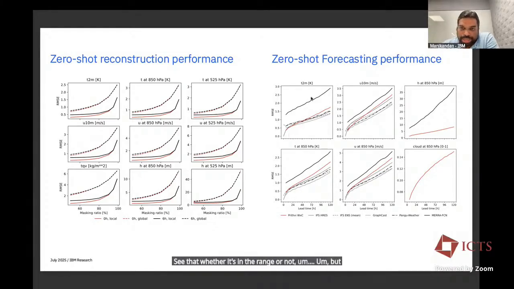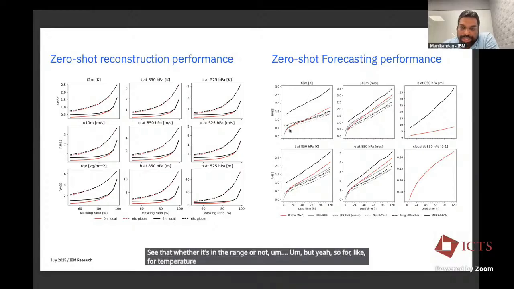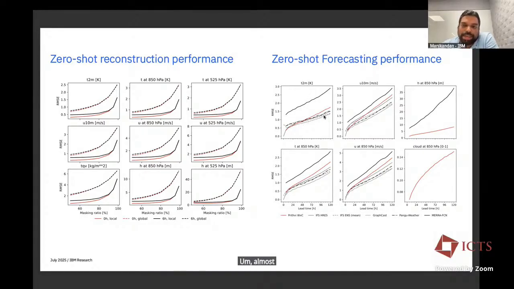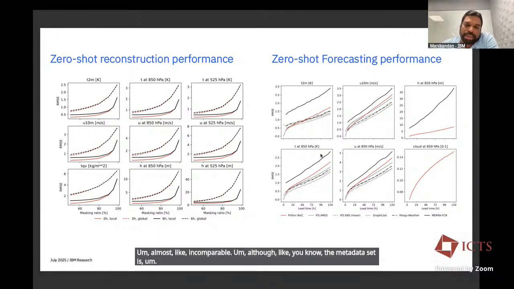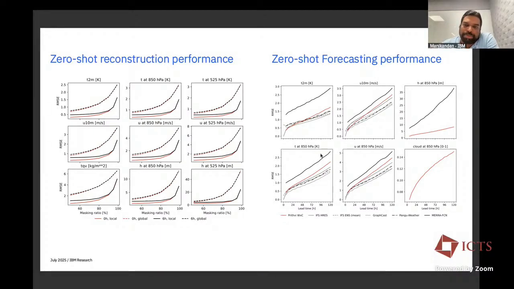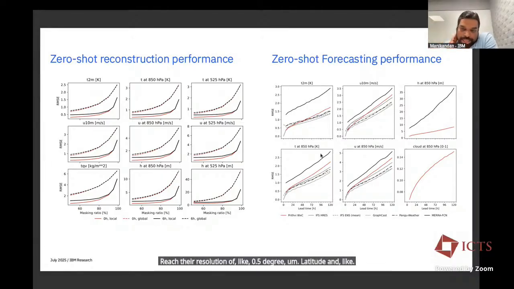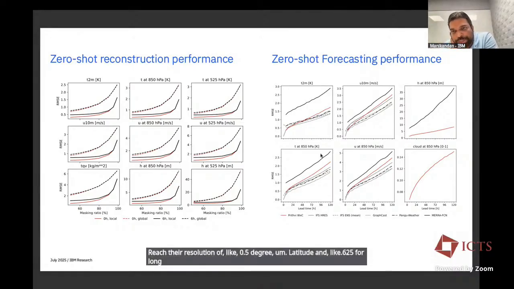For temperature at 2 meter, we see that it is almost comparable, although the MERRA data set has a resolution of 0.5 degree latitude and 0.625 for longitude, compared to the ERA data sets, close to 0.25 degree, right? So